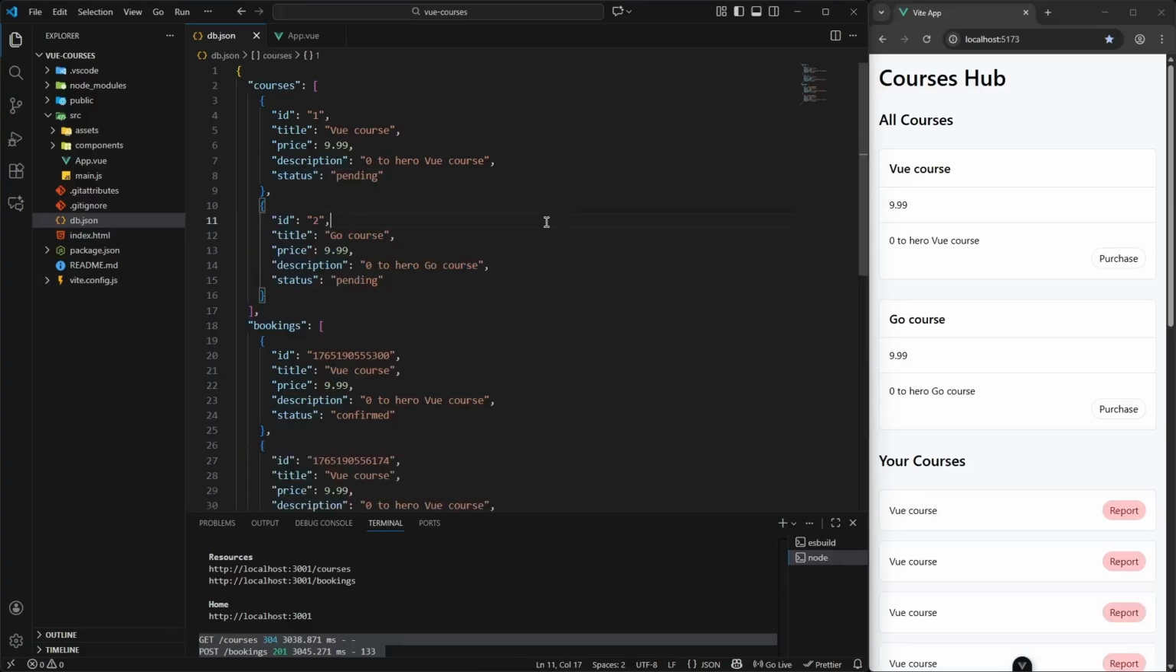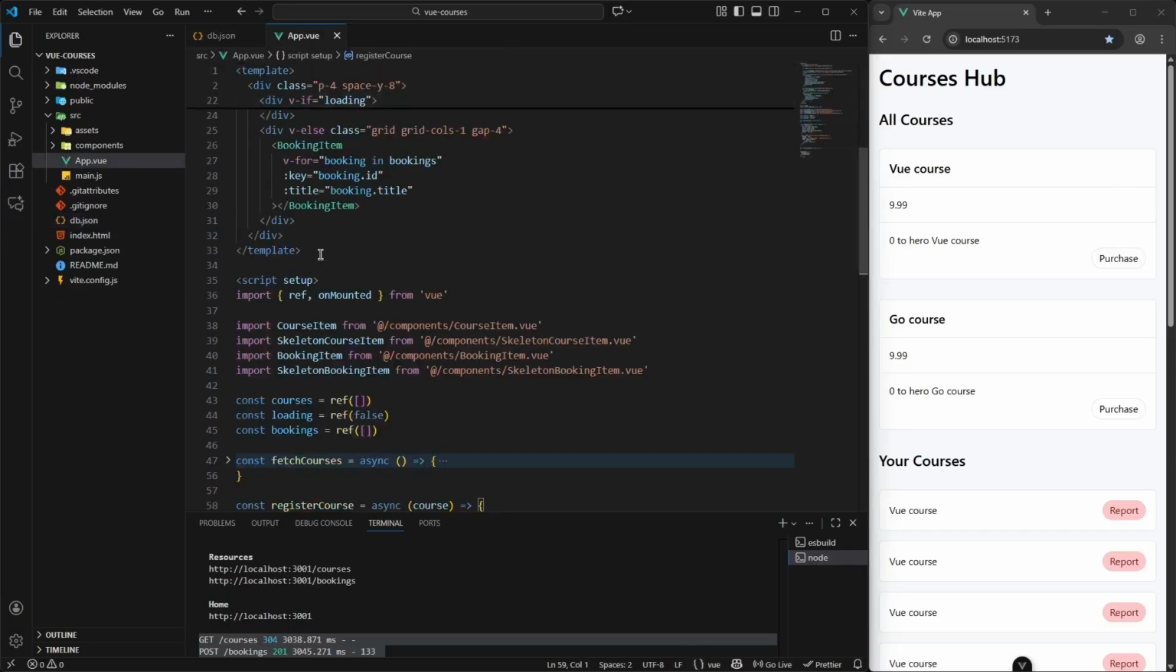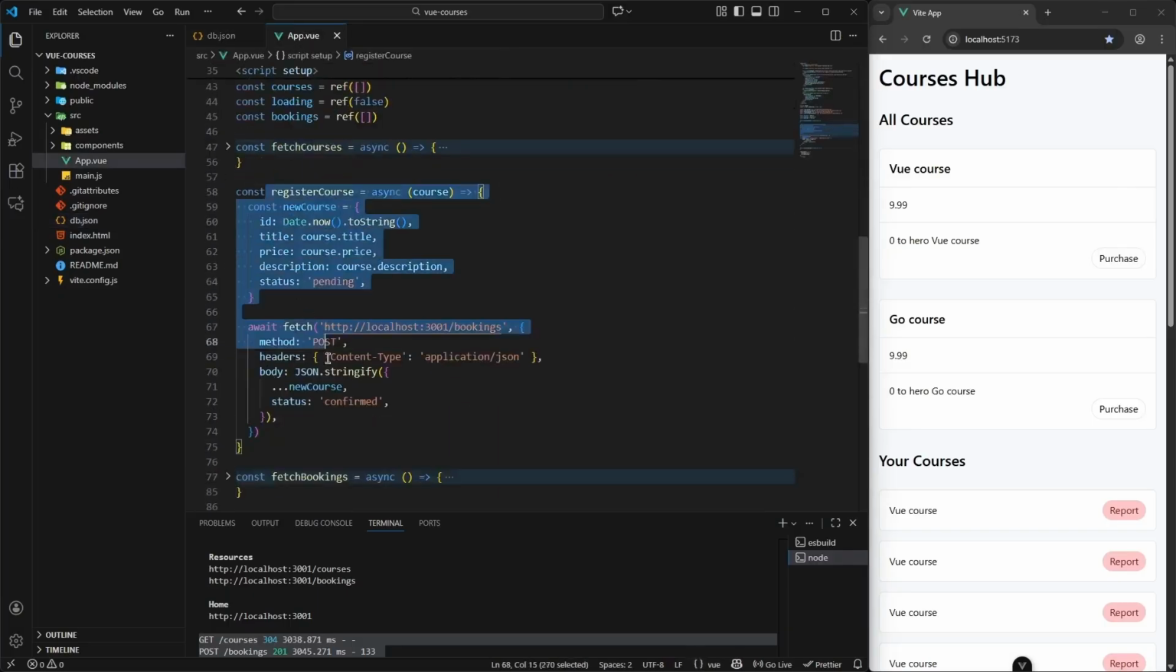First, we are going to stop ourselves from purchasing one course multiple times. And actually, we have a problem. You see, in our register course, we bought this new course, right? And on this new course, we are setting the ID. That is something we shouldn't do because we are changing the ID and then sending it to the server. So it should be actually